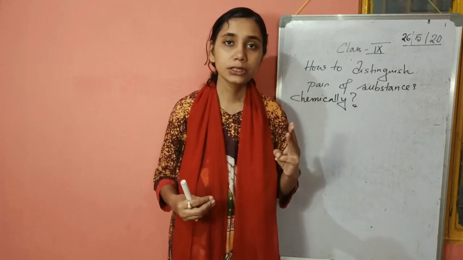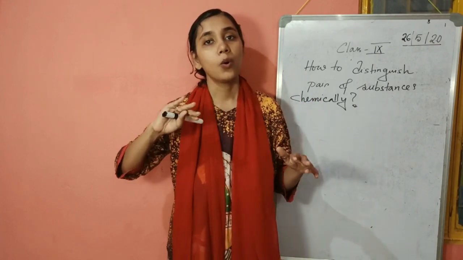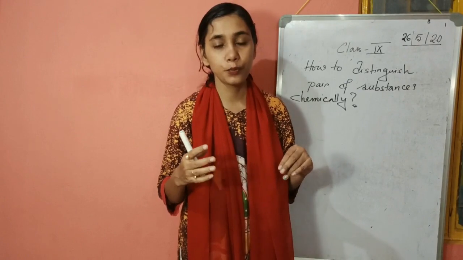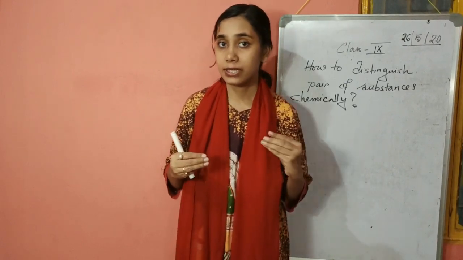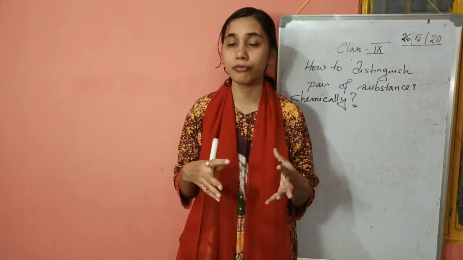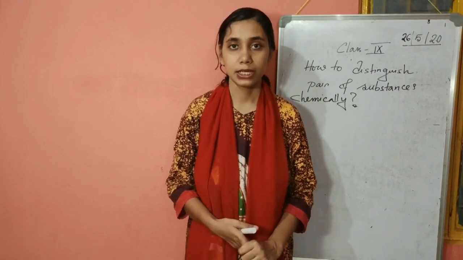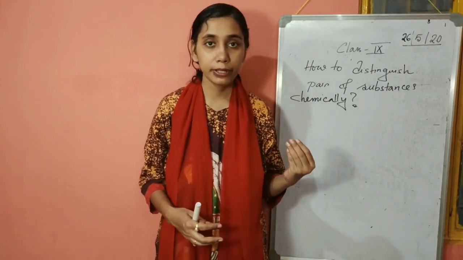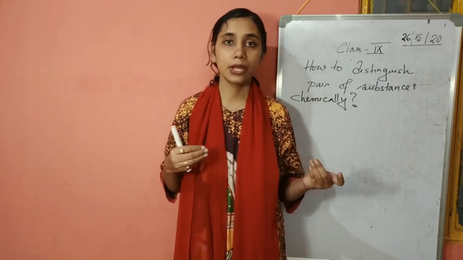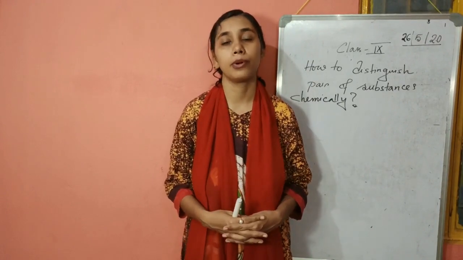Third, the methods of distinguishing are generally classified into two parts. One is a heating method. That means you are going for some thermal decomposition. You are giving heat, so the action of heat on the substance, whether it changes. Second, you are adding some reagent from outside. Now, sometimes we get a pair of compounds which are insoluble in water, and other general reagents are not available or do not react with that particular pair of compounds.